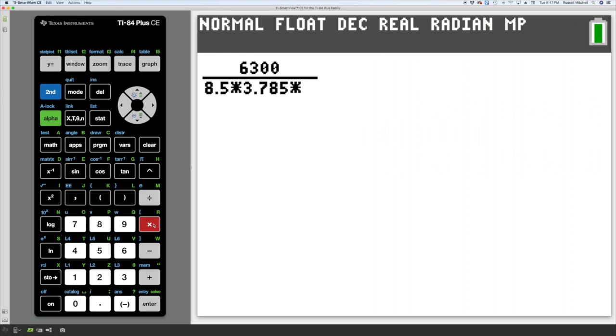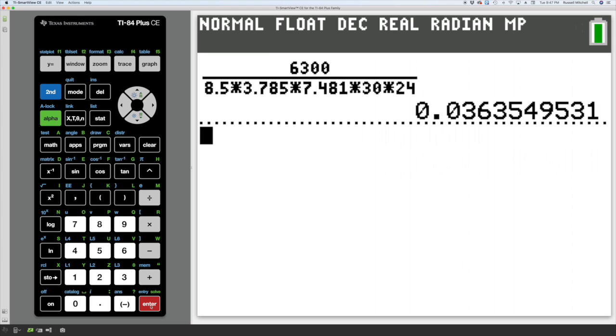And then times 7.481. And then times 30. And then times 24. And press enter or equals, and you get